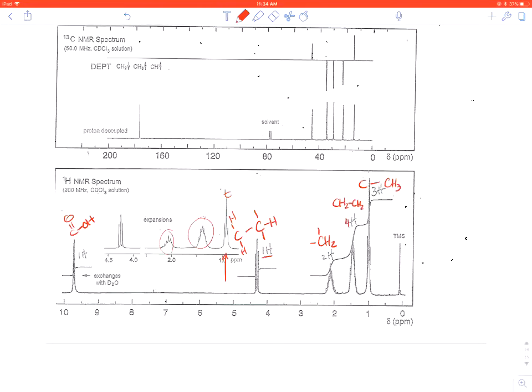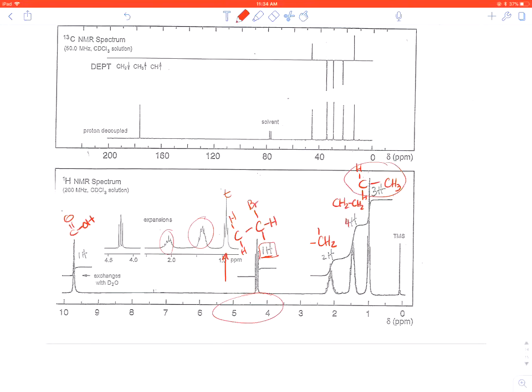So it has 2 neighbors. And I suppose we need to pay attention to the chemical shift for this signal being way far downfield. This is probably attached to my bromine. Since there's only 1 hydrogen here,